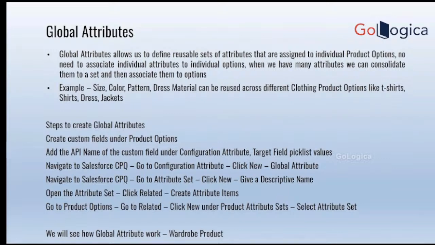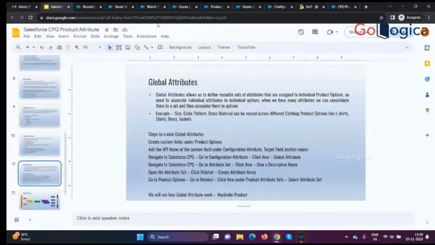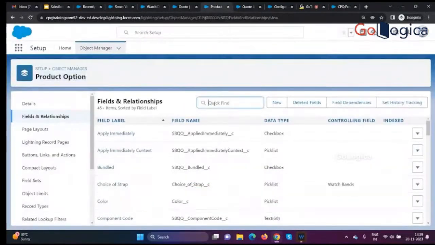So it says size, color, pattern, dress material can be reused across different clothing product options like t-shirts, shirts, dress, jackets. So these are the ones which I was able to identify. So how do we create a global attribute? When we have to create a global attribute, we will be only creating a field under product options. We do not go and create the field under quote line. So when we have to create a field, it will be only under